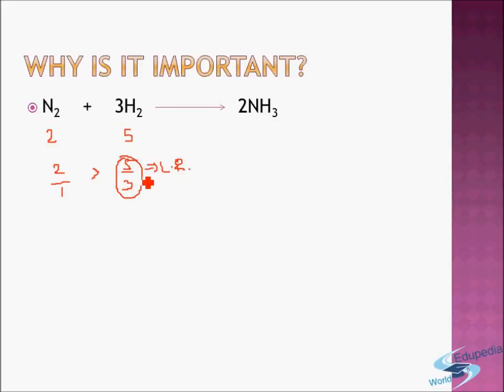So now you see, once we have determined that hydrogen is the limiting reagent, it becomes the linchpin. That is, all the calculations that we are going to make now are going to be based on the quantities of hydrogen. The quantity of nitrogen now becomes irrelevant. It is no more relevant how much nitrogen I had. We only need to concern about hydrogen. So basically we can say that I do not care about how much nitrogen is present with me.